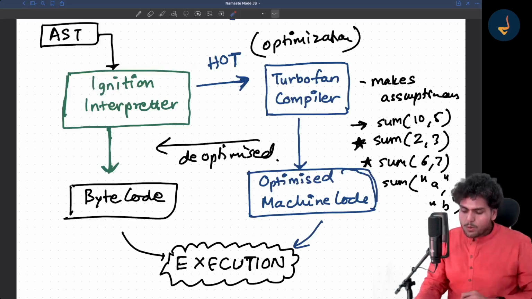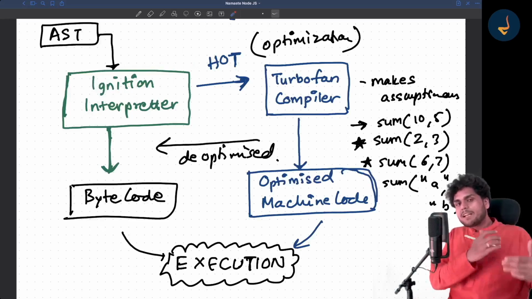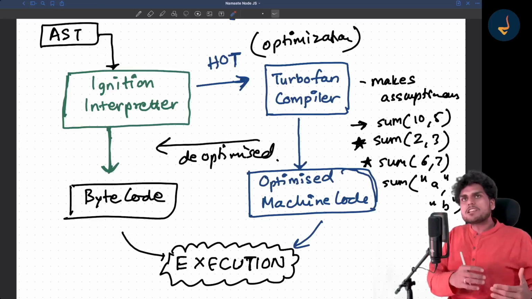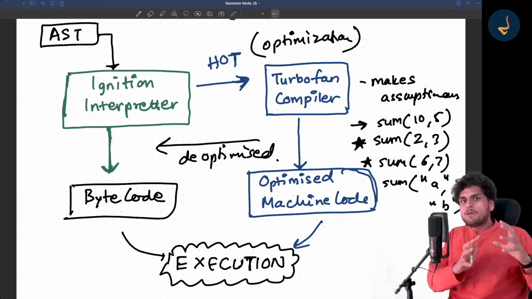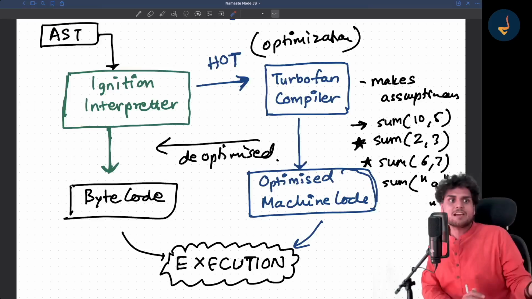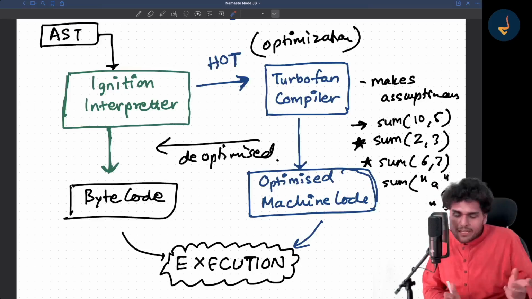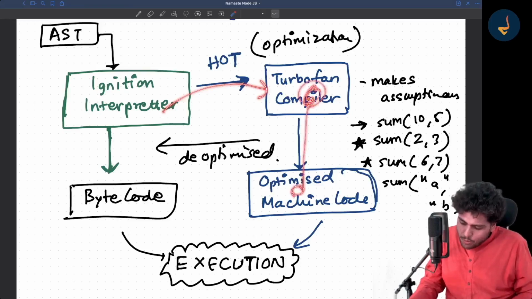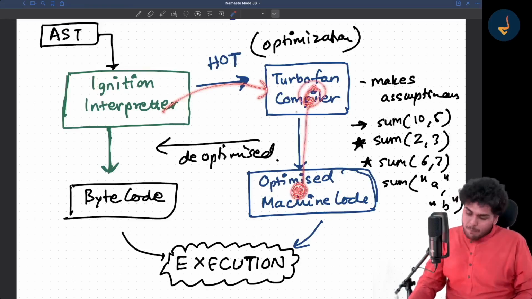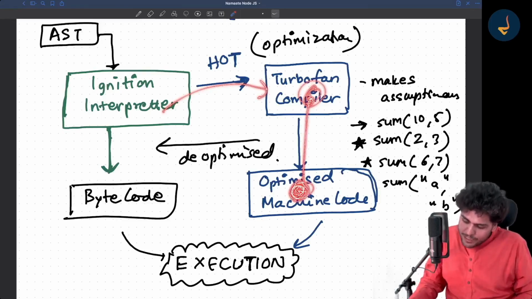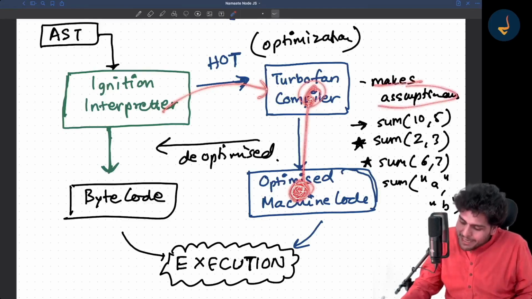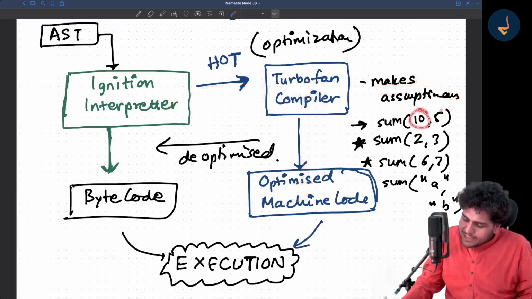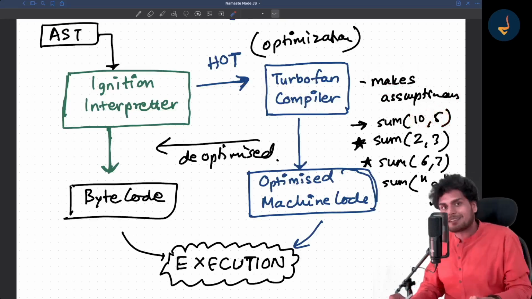The Ignition interpreter will recognize that this sum function is being called again and again, which means we can optimize it so that next time it runs very fast. So the TurboFan compiler tries to compile and optimize that code. But while making an optimized version, it makes some assumptions, that these two values will be numbers.